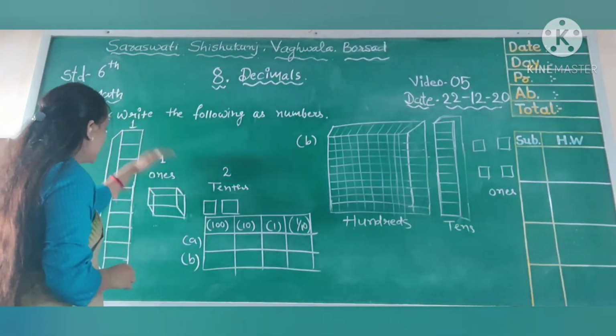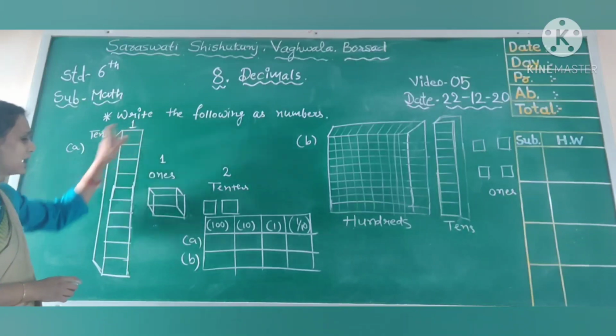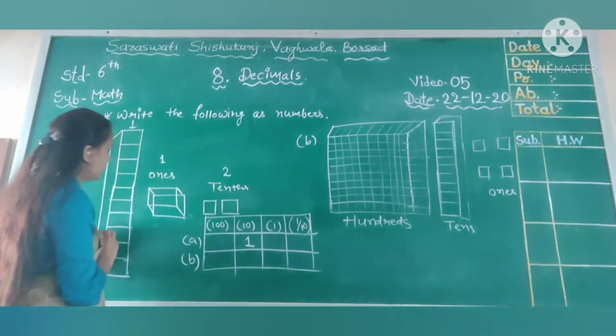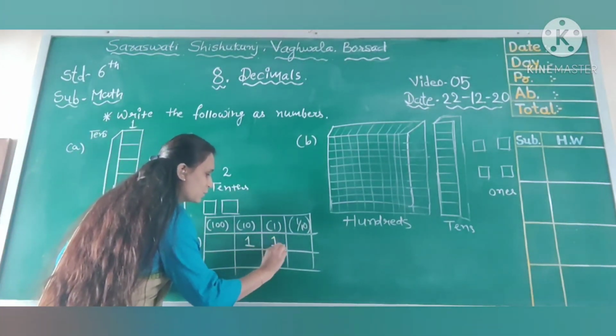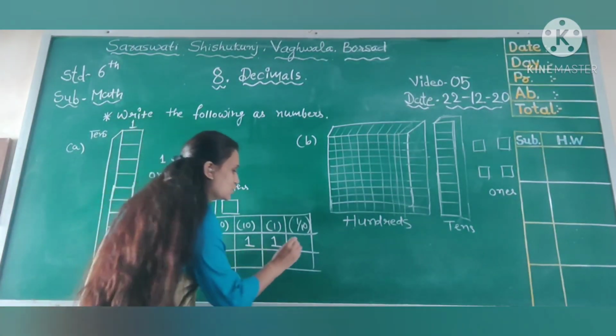So now let us define the figure. So this is 10th place. Okay, so at 10th place we have one block. So we are writing here 10th place, one block. Okay, then in ones place again we have one block. So at ones place, one block. Okay, now here at 10th place we have given two blocks.